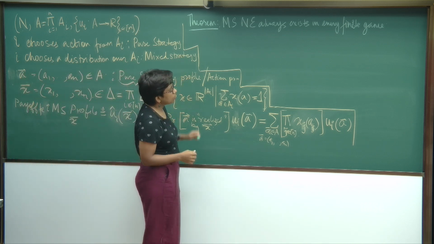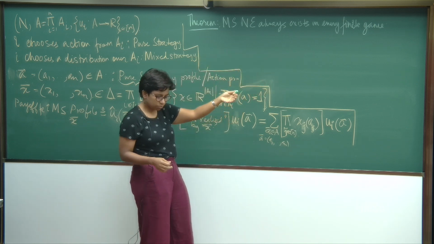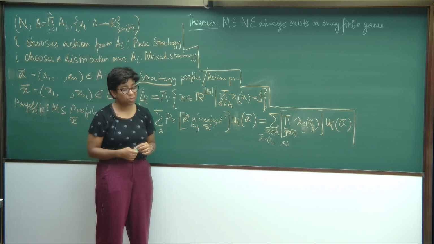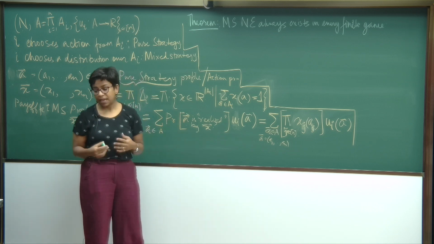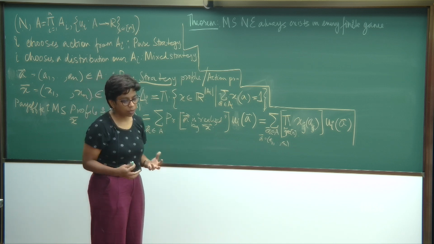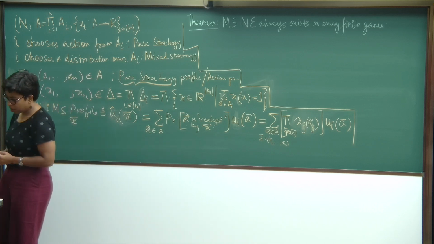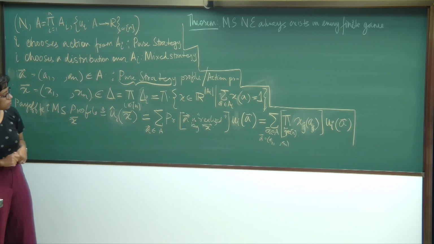Now, to get back to this, I said that in every finite game it exists, and just to reveal the truth, in an arbitrary finite game we do not believe it can be computed efficiently, but there are special classes of games where it can be computed efficiently, and that is what we will be talking about today. All right. So, the first such class